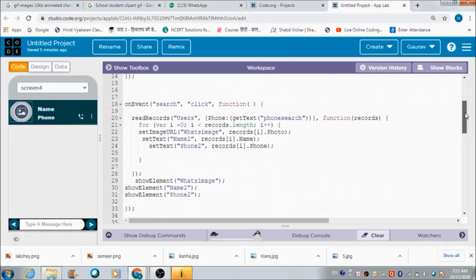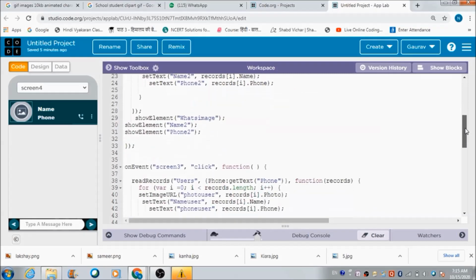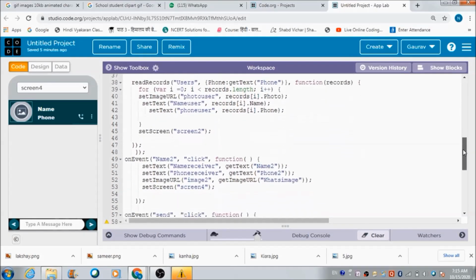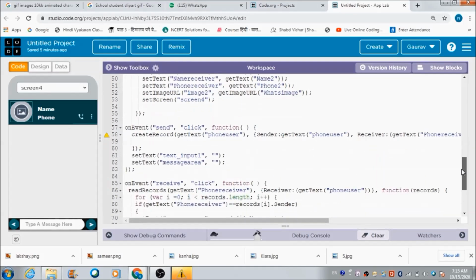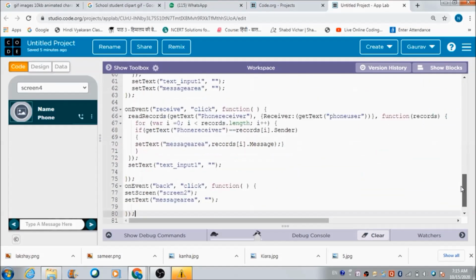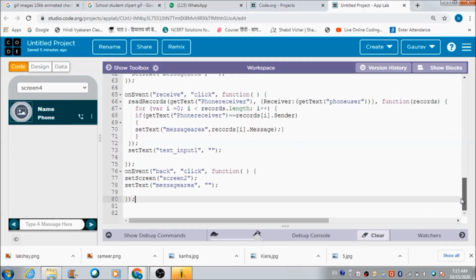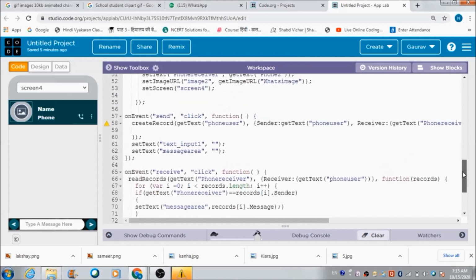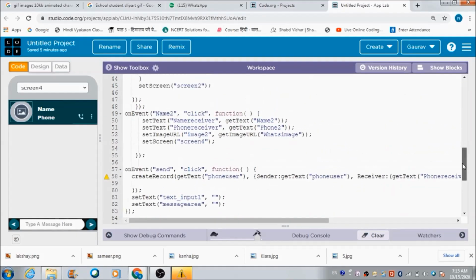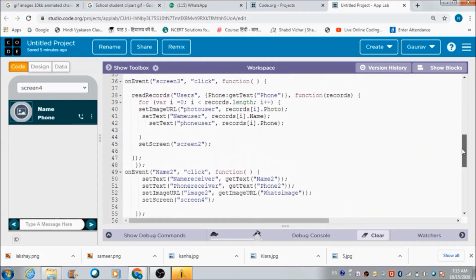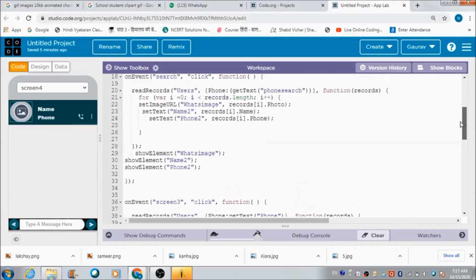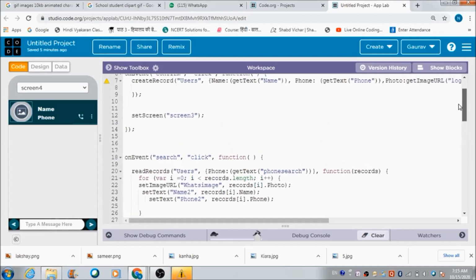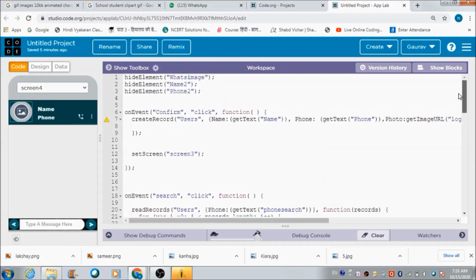Okay, and this is the answer to the question most of the students are asking me, whether it is possible for us to develop a real-time app or not. Yes, it is possible for us to develop a real-time app in App Lab. Okay, the only thing which is required is your hard work, the tricks that you use, the way you are coding, the hard work you are putting in.